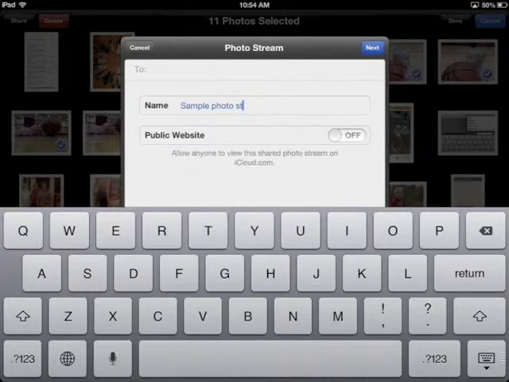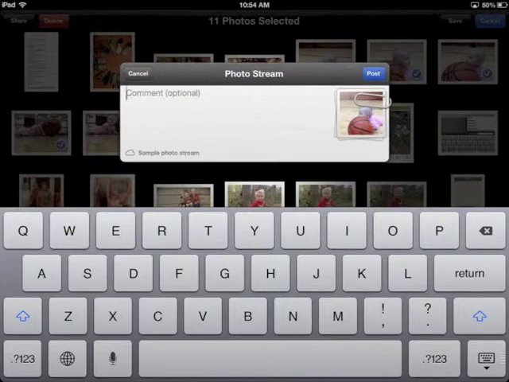So in your case, it might be Student of the Day or November Work Gallery or whatever it is. The critical thing here is that you turn on Public Website. Turn on Public Website and then hit Save. And when we hit Post,